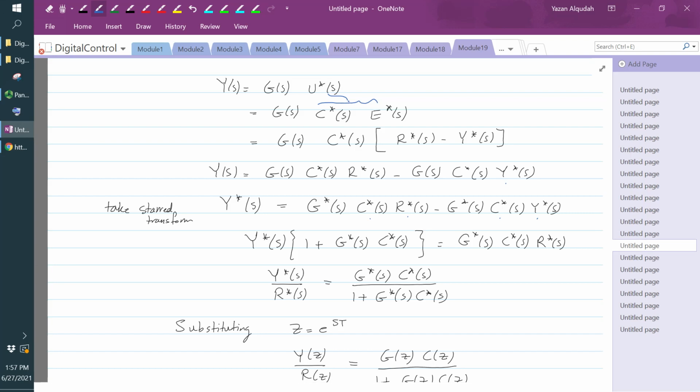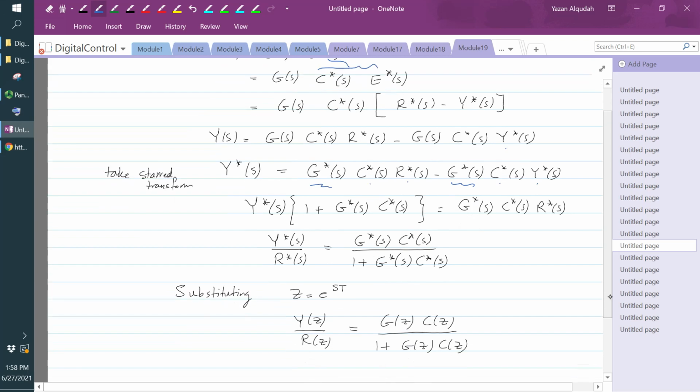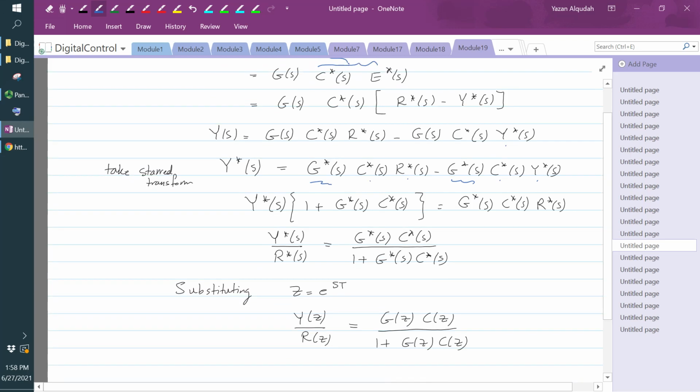Okay, so as a result of this, taking the star, G now is start and G here is star. Since the other terms multiplying it are already start, I can separate them. I don't have to combine any together. Then we're going to write Y star. If I move this term here to the other side,